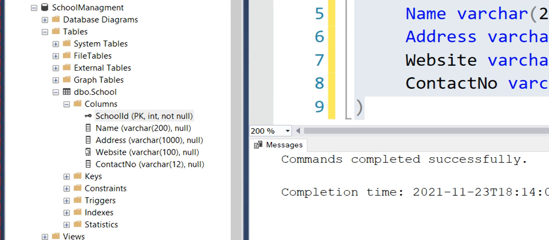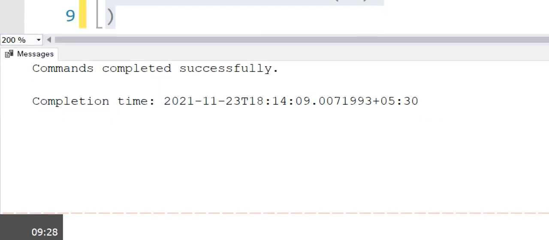That's why it is not null by default, because we learned that a primary key is never going to be null. Whenever we set school ID or any other column as a primary key, it is automatically going to be not null. Alright, so school ID is a primary key, and then name, address, website and contact number.